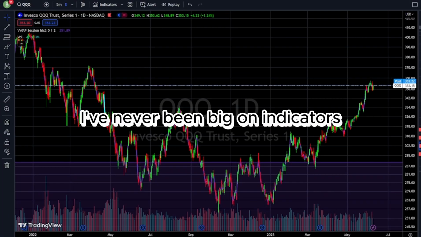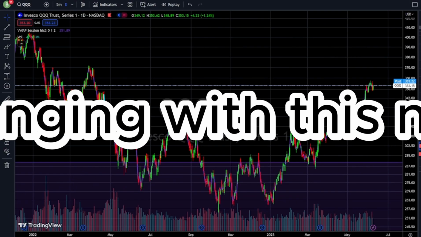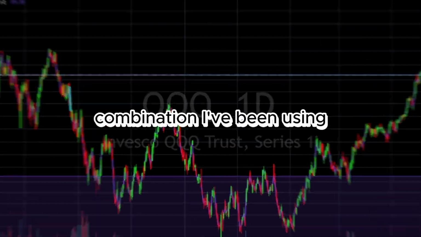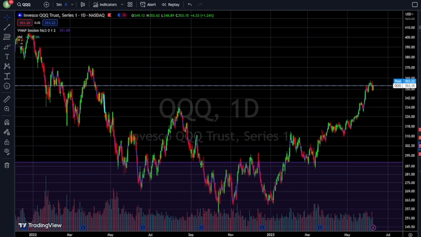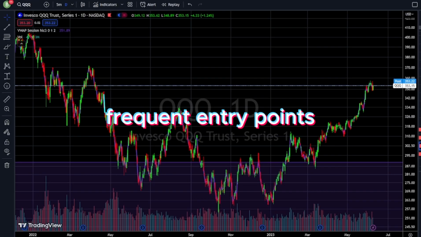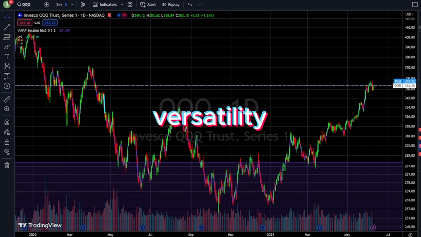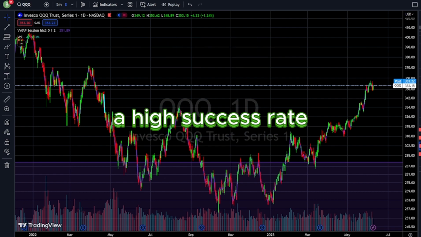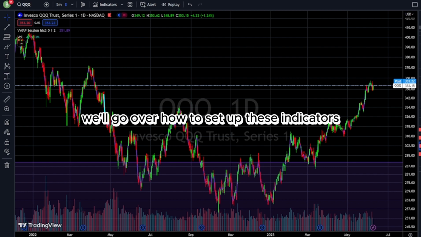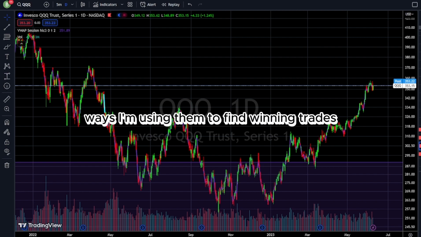I've never been big on indicators, but that is slowly changing with this new combination I've been using. It has everything you could possibly ask for while trading. Frequent entry points, simplicity, versatility, and most importantly, a high success rate. In this video, we'll go over how to set up these indicators and the multiple ways I'm using them to